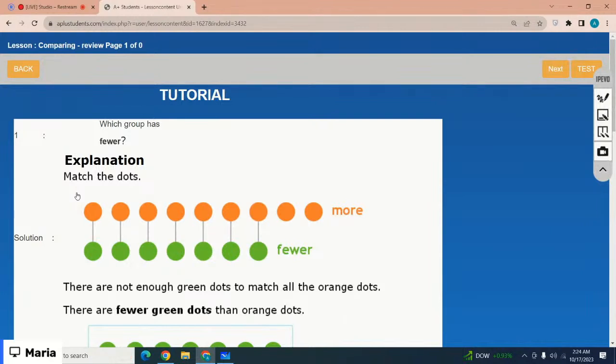So for example, you are given the dots. Which group has fewer dots, right? How do you see which one has fewer? Basically, you need to match the dots, right? So when you match the dots,